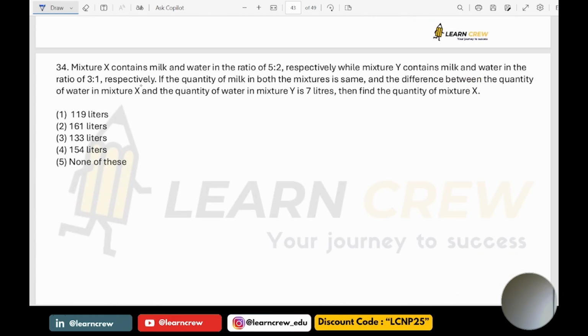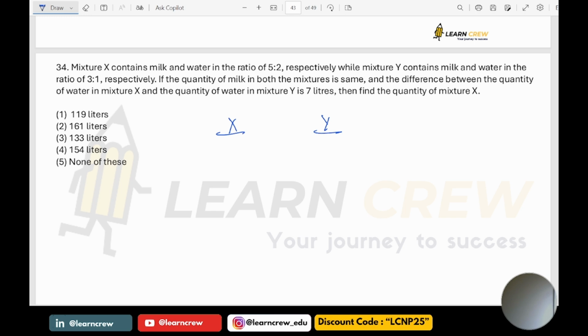34th question. Mixture X contains milk and water in the ratio 5:2 respectively, while mixture Y contains milk and water in the ratio 3:1 respectively. The quantity of milk of both mixtures is the same. Then find the difference between the quantity of water in mixture X